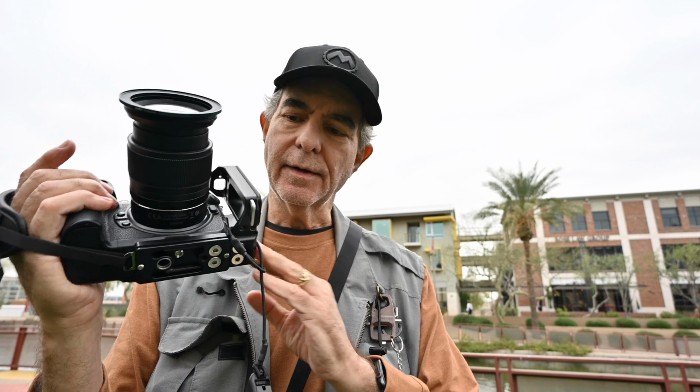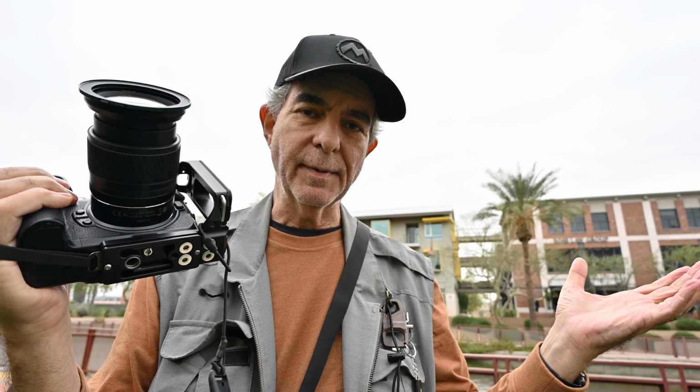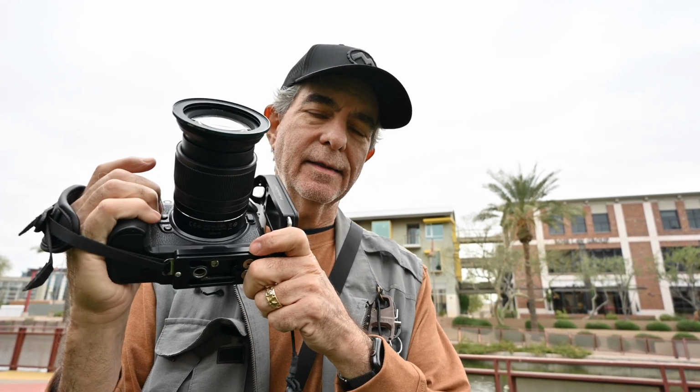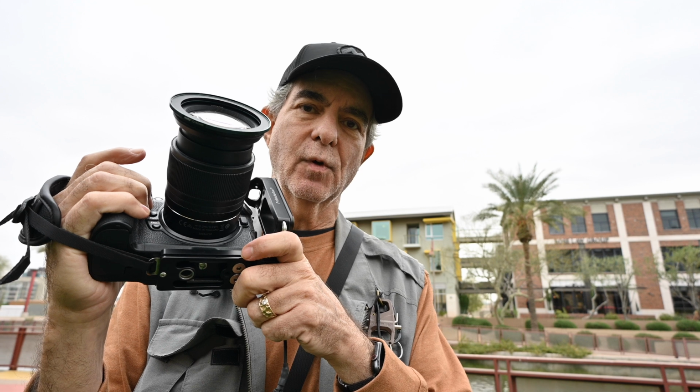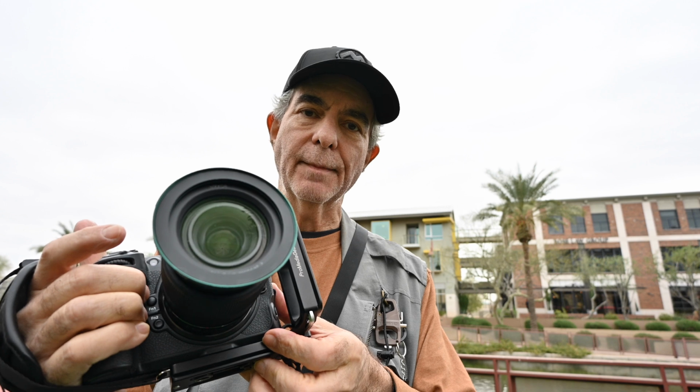I'm showing you what I consider a very, very important safety for your camera when you're carrying it with a shoulder strap. You know, we've got a lot of expense here, between the body and the lens, and as well as perhaps you've paid a lot to get to the location where you're at, and you don't want anything happening to your primary piece of equipment. And it has been known that when somebody has their camera on a strap, that things can happen,